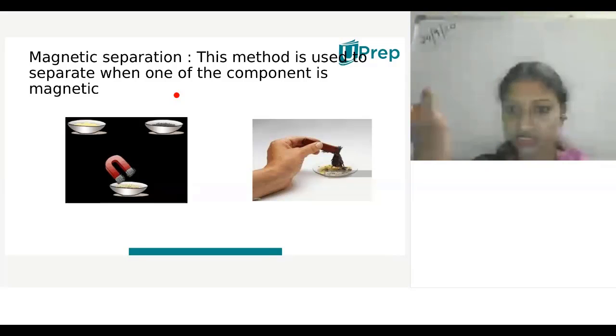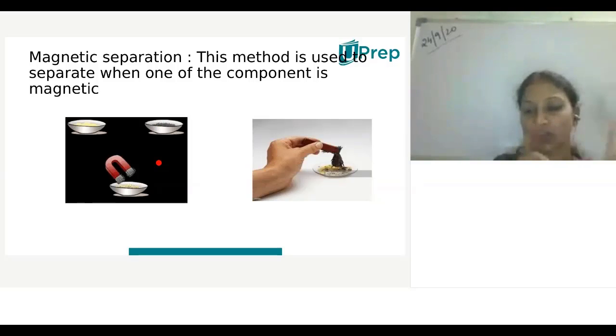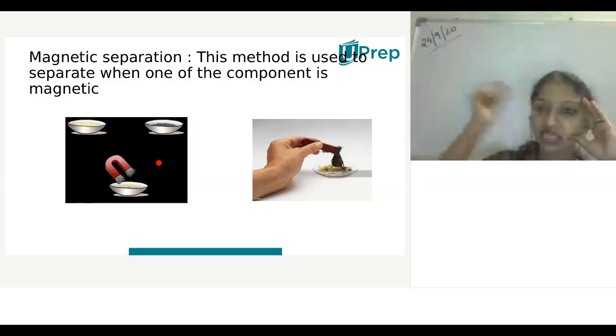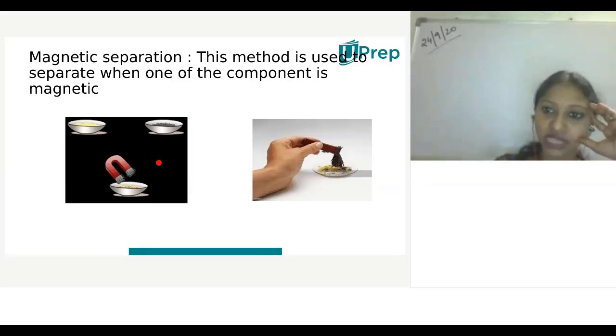Okay, understood. So here we can say that this yellow powder is sulfur powder, and this is iron filings or iron powder. When we mix both iron and sulfur powder, we can't select hand picking, sieving, crushing, or any other technique, because both are of the same size. So definitely when we place the magnet, we can see that the iron powder is completely separated from the sulfur.